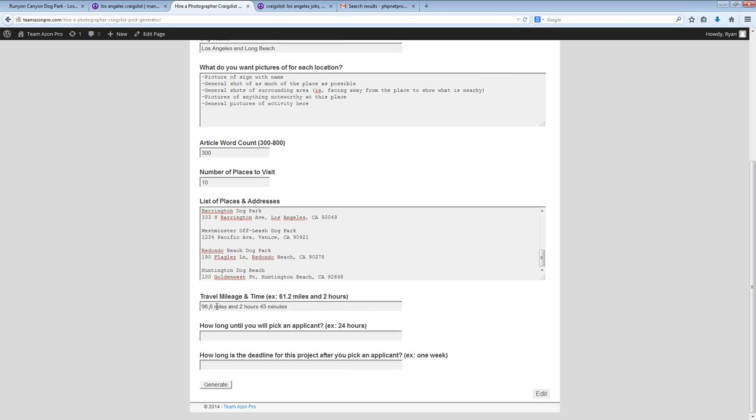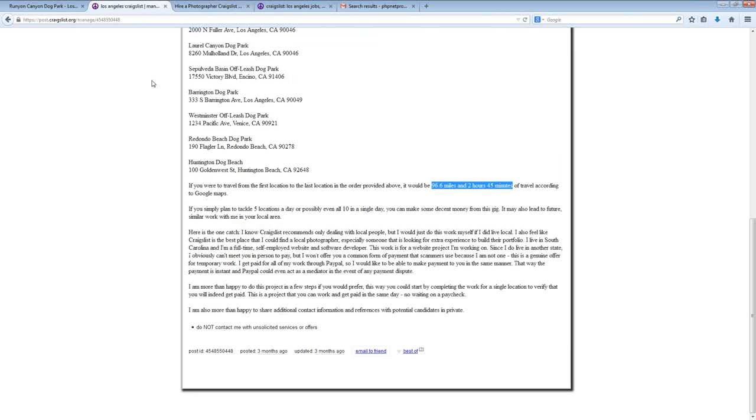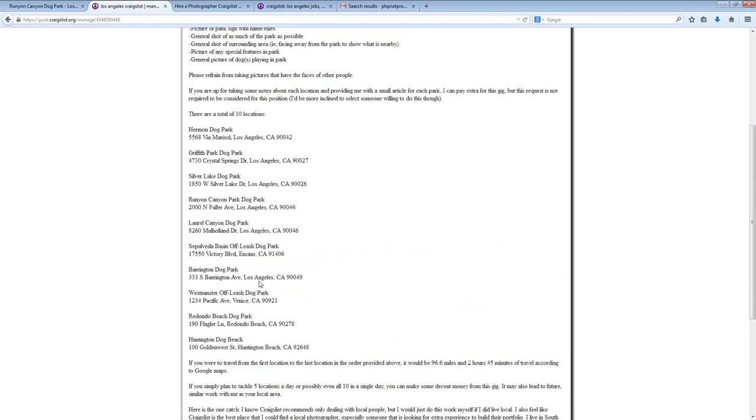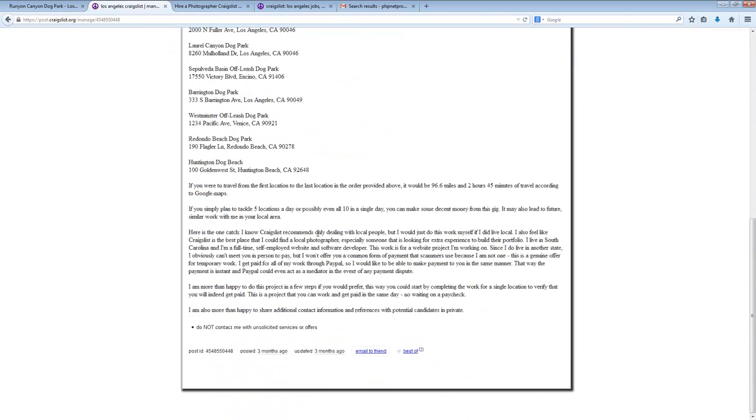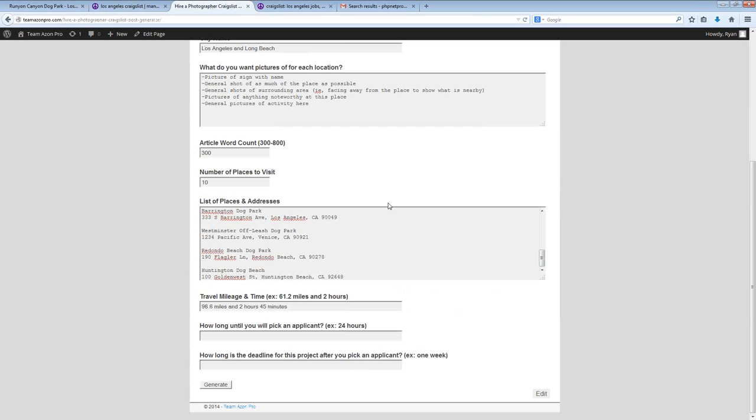This is going to get translated into your final posting in this sentence down below all of your addresses. So you're going to be telling people exactly what this estimate is. By giving them all this detailed information, this helps to instill the confidence that this is a genuine offer for work,